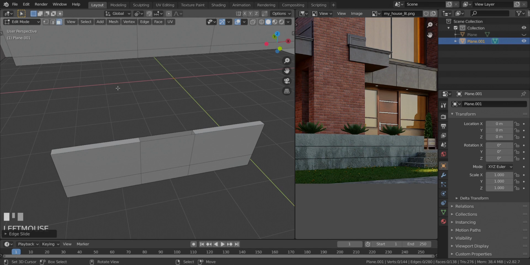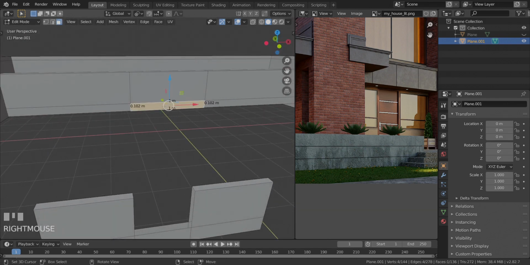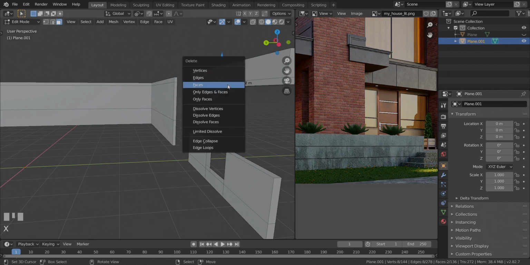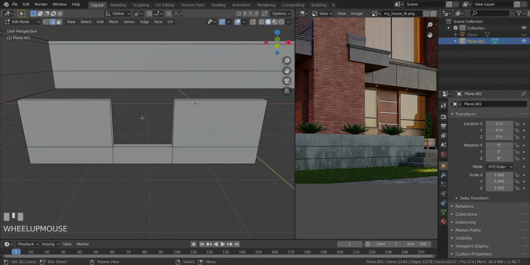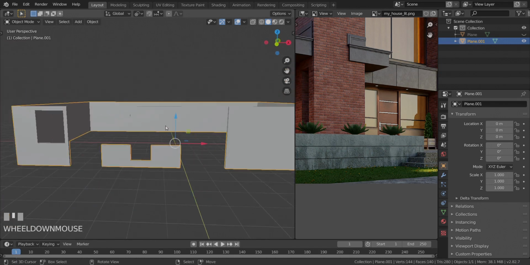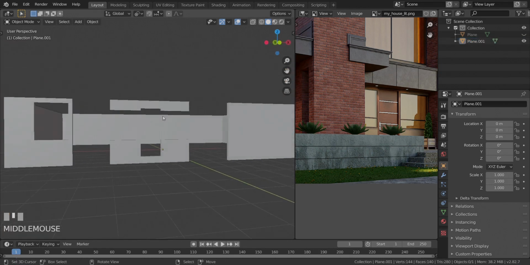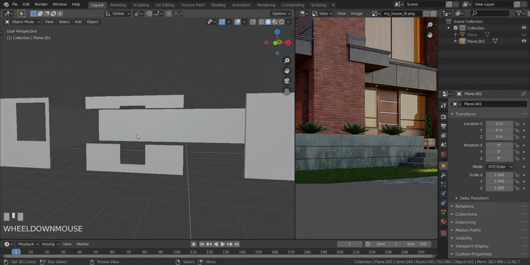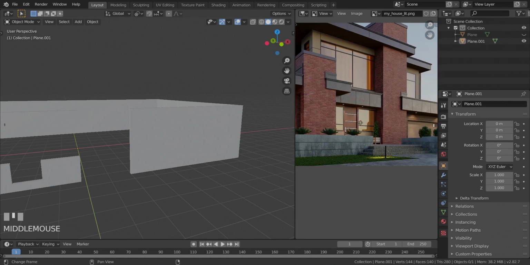Alright, so now what we're going to do next is take this face and that face, press X and delete the faces, and take this face and that face, press X and delete the faces. Now I want to take the edges, that is this edge, and then press F until we completely fill it. I'm going to do the same thing over here, press F until it's completely filled. And now that cutout is done. All right, so now we can move on to the next thing, which I think is the garage door,